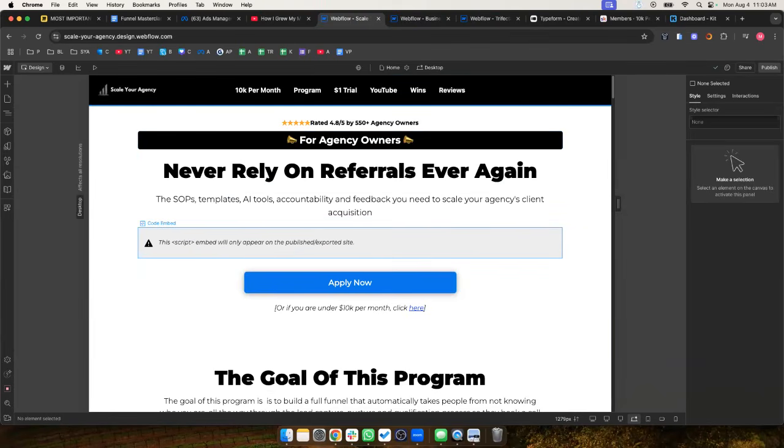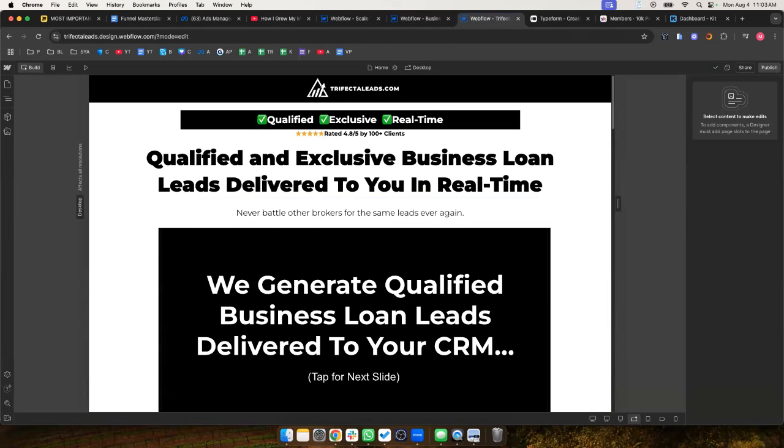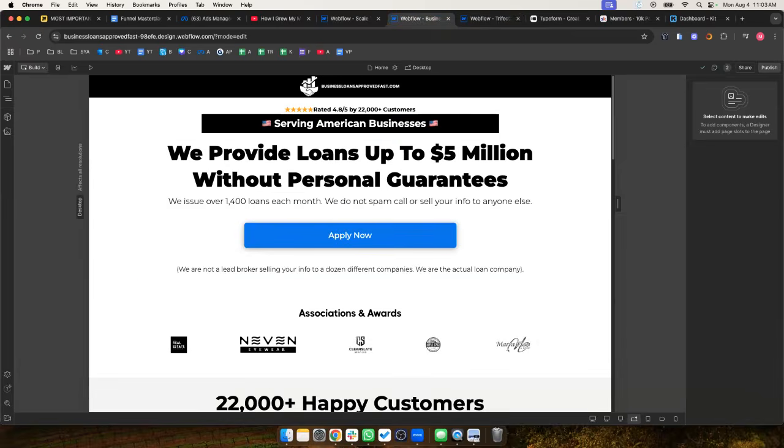So I have three different examples of what to do. The first one is where we all work here, the mastermind, the process of getting someone to join this for consulting. Then I have one where it's more like getting a business to apply for a loan. And then it's getting those lenders to buy the leads that are generated from this one.